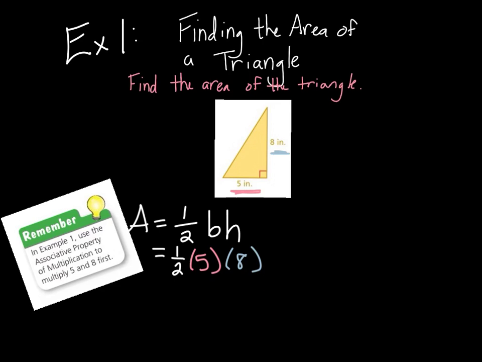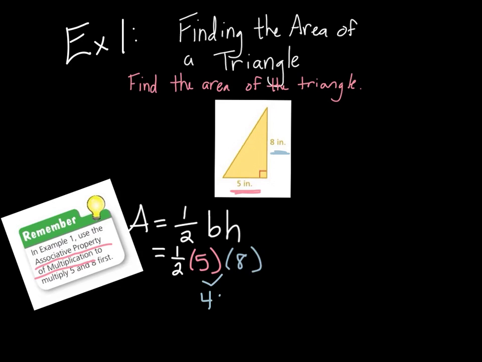The problem we're going to run into here is that 1/2 of 5, while it's not that hard of a number, you're going to find yourself in the world of fractions or decimals, because 1/2 of 5 would be 2.5. So to make our lives a little bit easier, we're going to keep this tip in mind from our last chapter, that you can use the associative property of multiplication, which says that we could regroup if we want to, and we can do the multiplying of the 5 times the 8 first, because 5 times 8